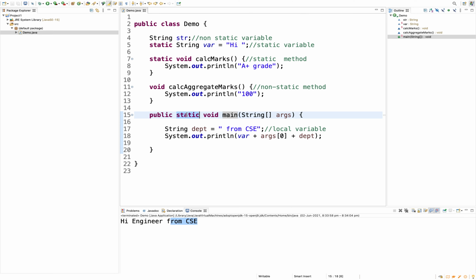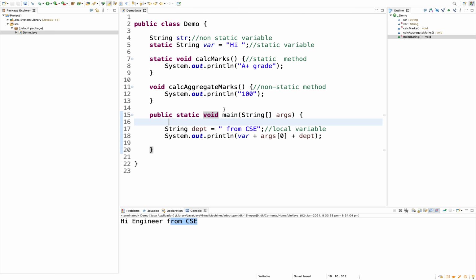Static is nothing but, we will have the detailed discussion later, but when you have a static method, you can call that method with the class name. Our class is Demo. And this is the return type. So the main method doesn't return anything. And the main method takes the argument as a string array or variable string array.